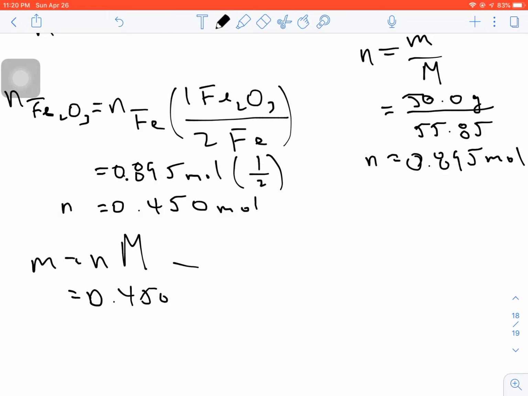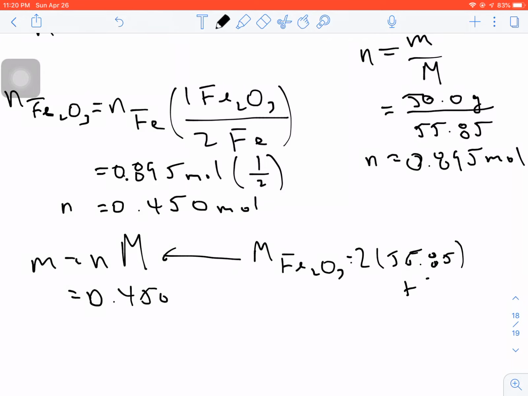The molar mass here is the molar mass for Fe2O3, which is 2 times 55.8 plus 3 oxygens, 16.00. So I'm getting a molar mass for iron oxide, which is 159.7